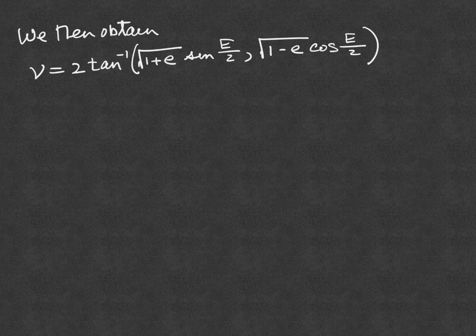And as I said previously, the quadrants work out because of the fact that we're dealing with a 4-quadrant inverse tangent. So now what we can do is we can do the inverse calculation. So if we perform the inverse calculation,